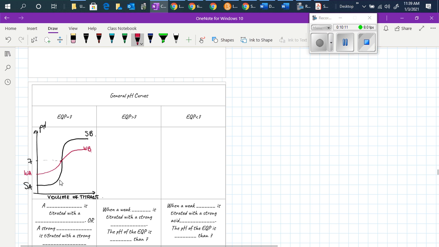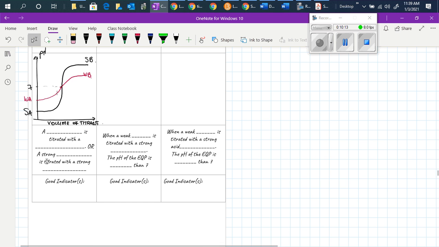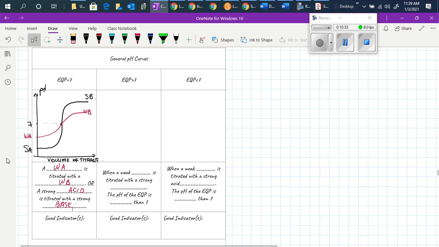So a weak acid is titrated with a weak base, or a strong acid is titrated with a strong base. Let's talk about indicators in a bit. Okay, now